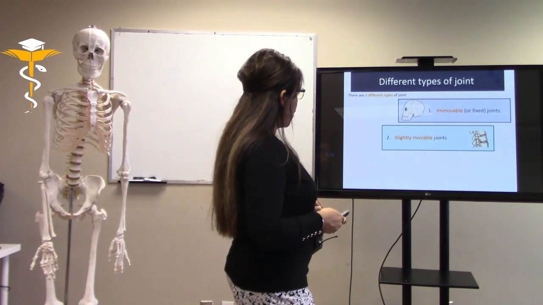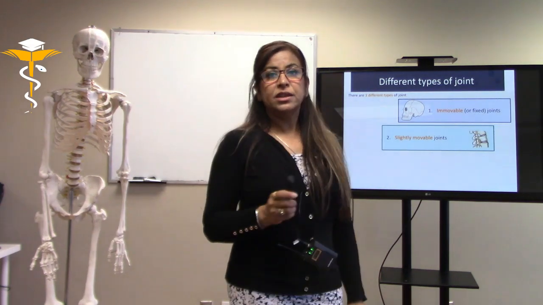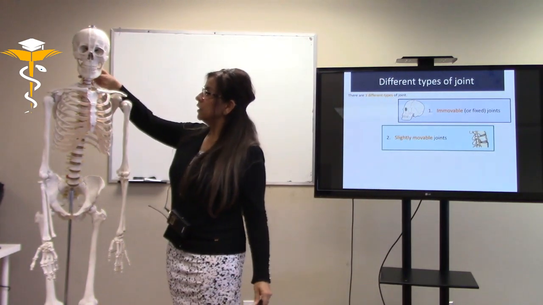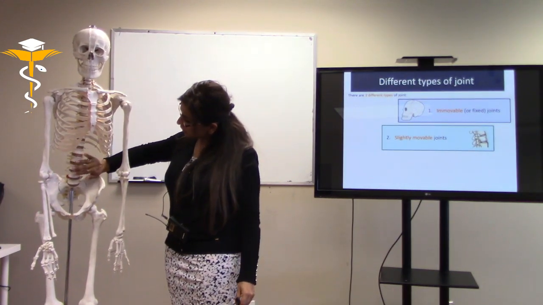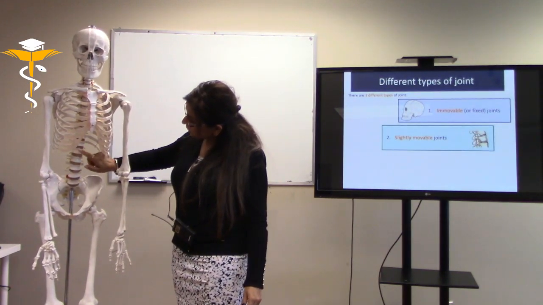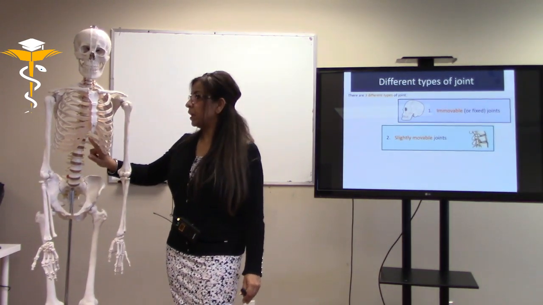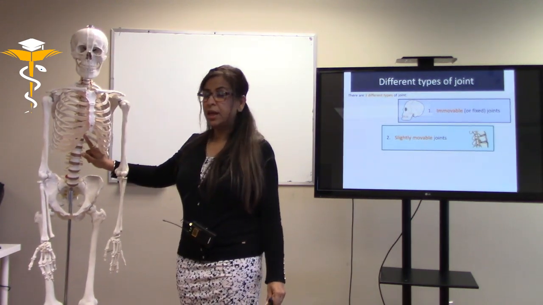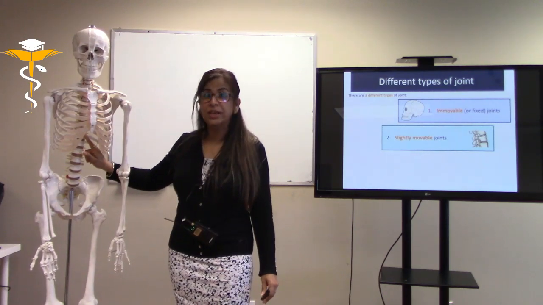The next one is the slightly movable joints. These joints are the vertebrae. These are the spine. In the spine, these are the joints that are slightly movable. These are also called cartilaginous joints because there is a cartilage or a cushion that